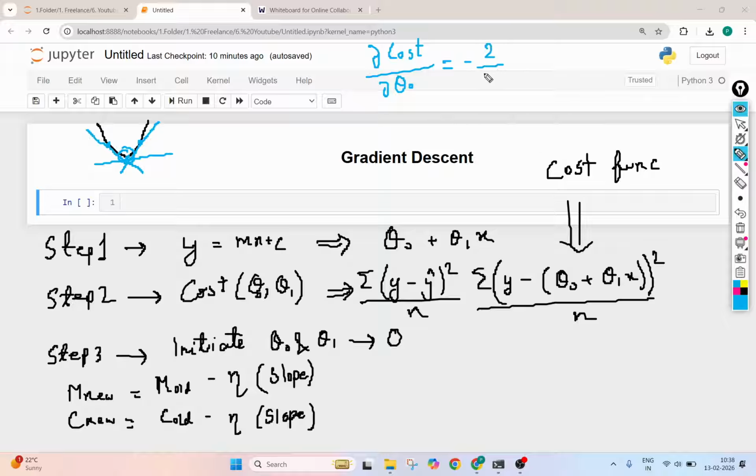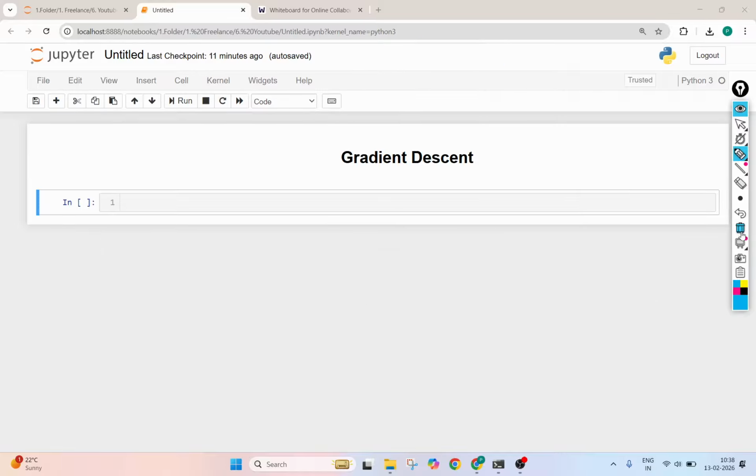Minus 2 by n. How does 2 by n come into the picture? Okay, let me clear everything and then explain again from here. Just remember this equation: m old minus eta of slope. So ideally, what I'm trying to say is,